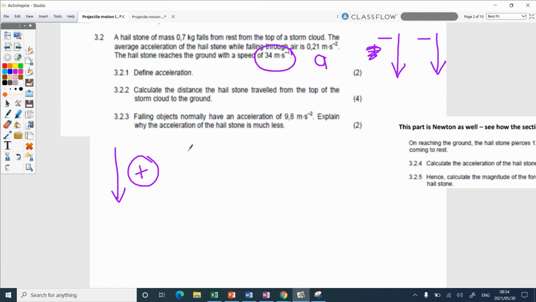Do you have to state that you're using down as positive? Yes, please do. Because if you give an answer as a negative and you never stated it, also don't leave your answer as a negative ever. She hates it. The examiner has now changed, but the moderator is still the same. They don't like when you leave an answer as a negative. It means nothing. You actually have to write the sentence and say what your negative means, down or up.